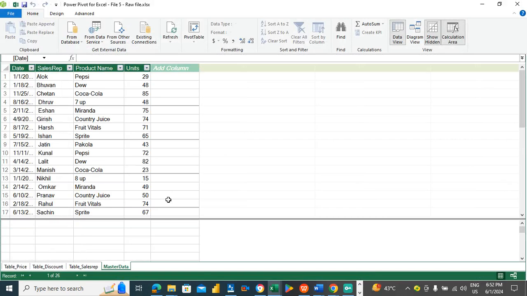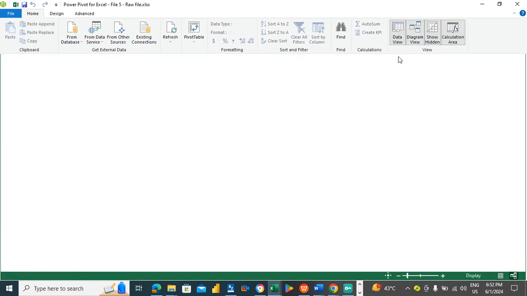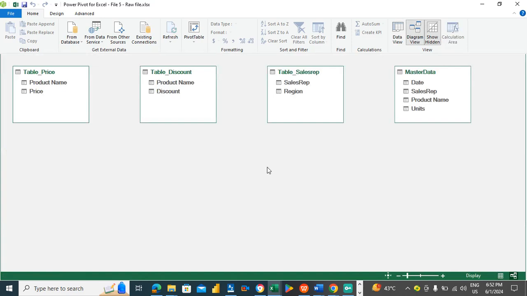All right. So now this has already been done. Go to diagram view so that we can create a relationship. Sales rep, place it here. Perfect. Then I'll go to this table discount, product name,